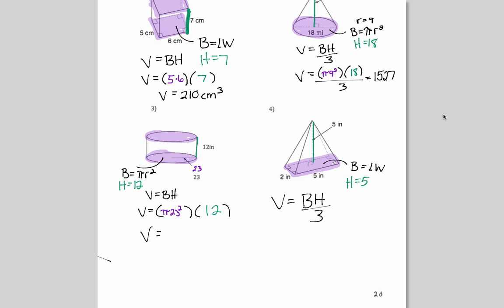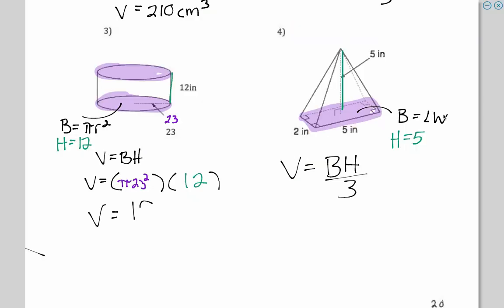I was just double checking to see if that 23 was actually meant to be the radius. I'm going to use 23 as the radius. I don't know if that's a formatting mistake. So we're going to go with 23 as the radius. So we are going to get a large number. So 23 squared times pi times 12. That's 19,942